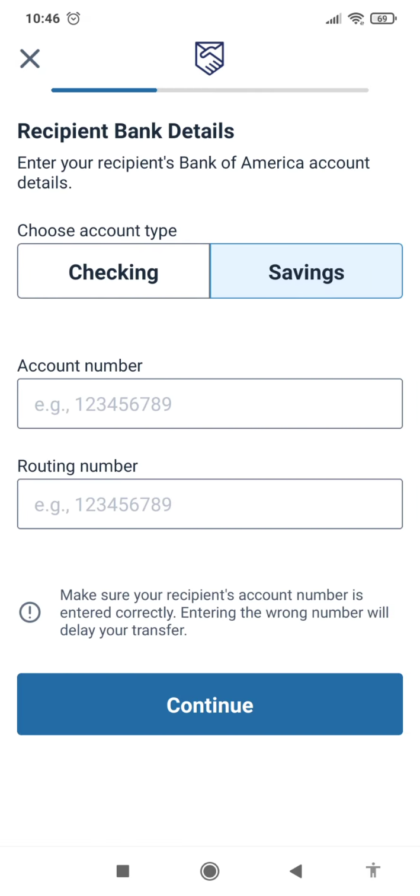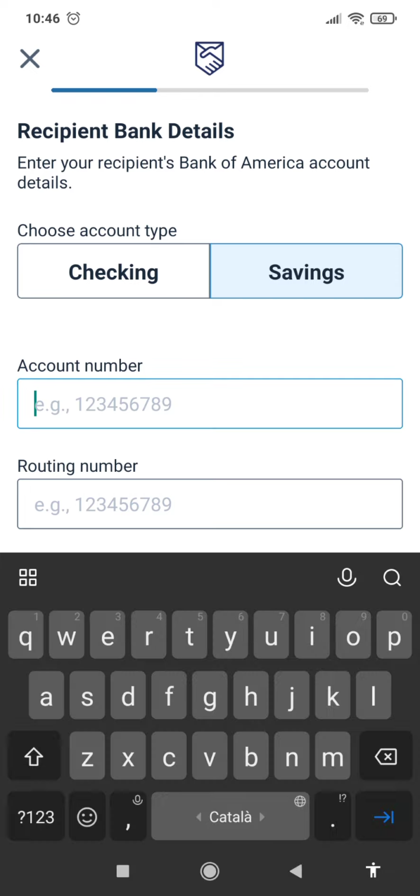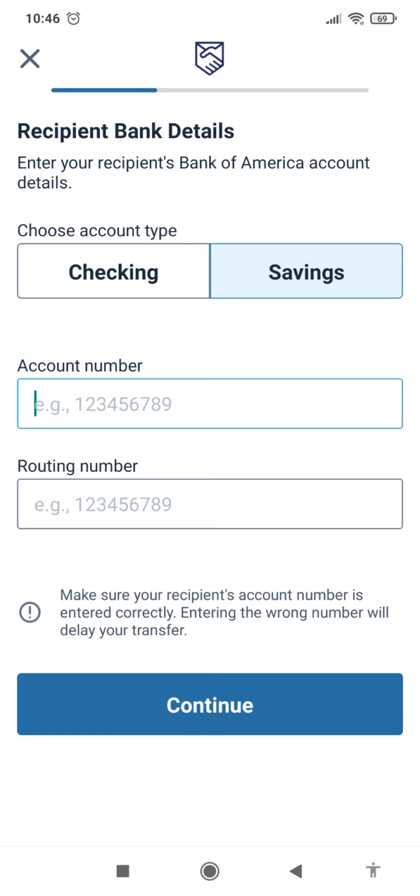Okay, once I've done this, I just have to put the recipient bank details, because Remitly is asking me to do that. So I'm going to put the recipient bank details, and after this, it's really simple to follow, because you just have to follow the instructions that Remitly is giving you. So it's really